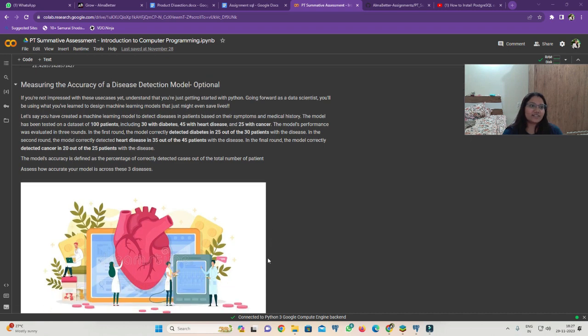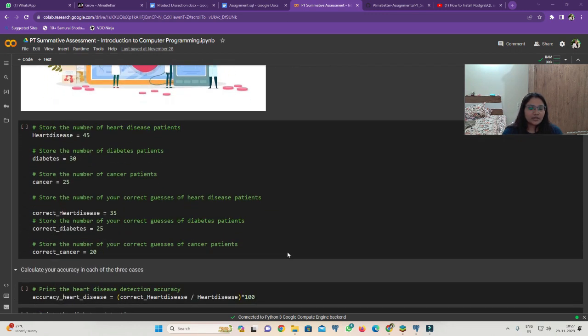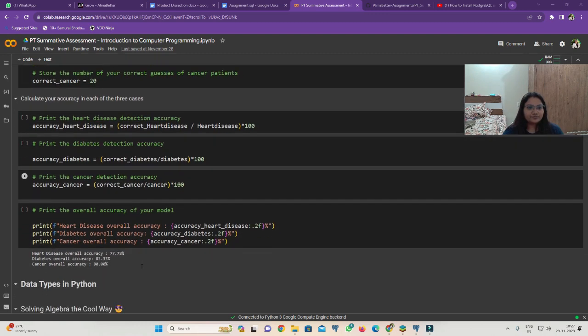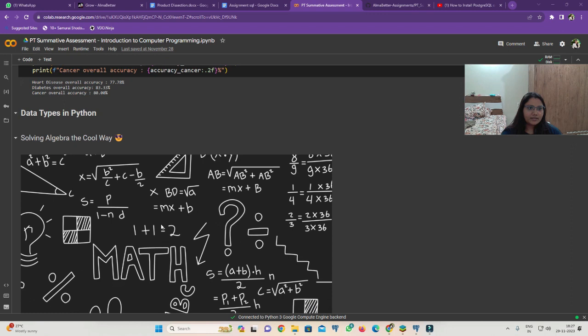Then the next one is measuring the accuracy of a disease detection model, optional. Here we detected heart disease, diabetic and cancer patients also. Here we calculated the accuracy of the diseases, and in the next